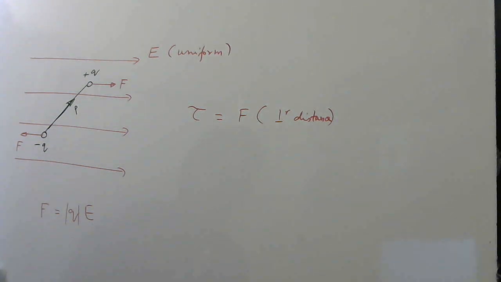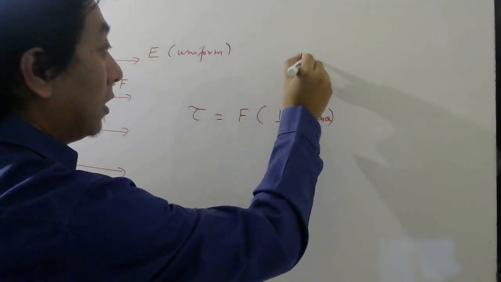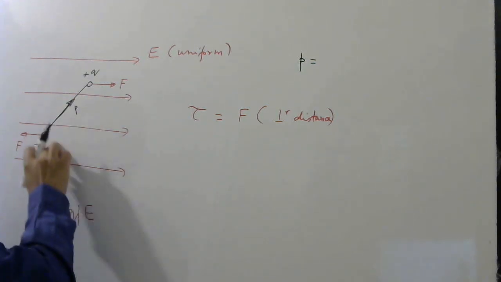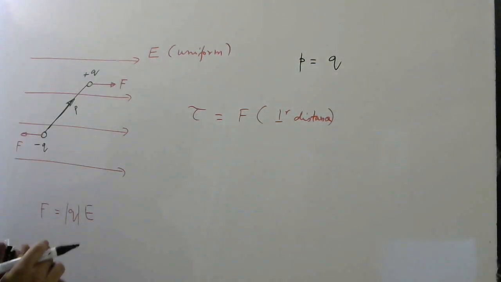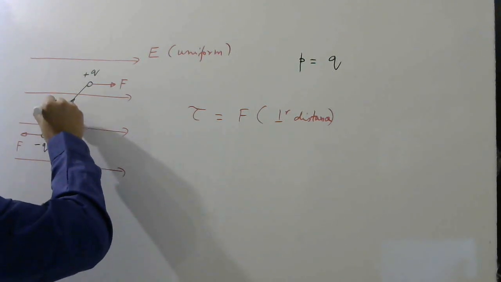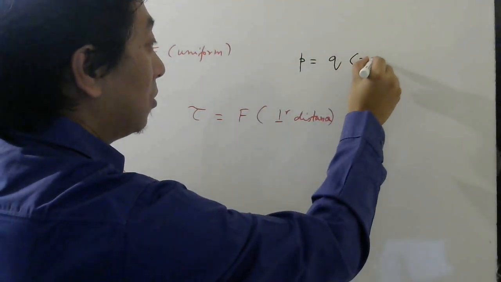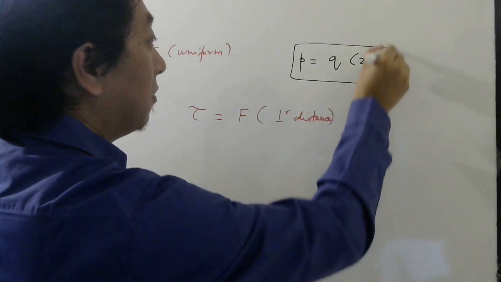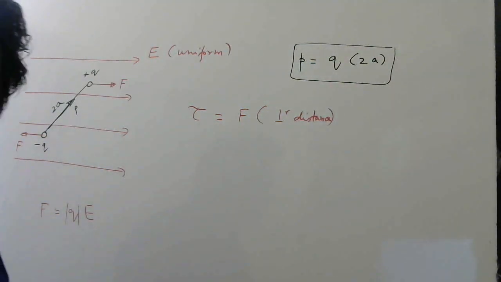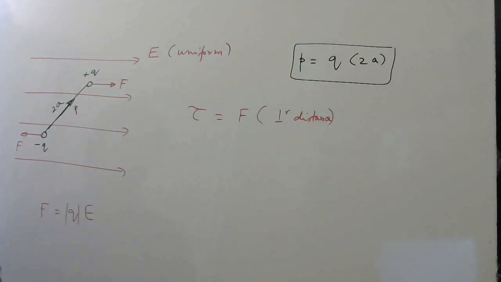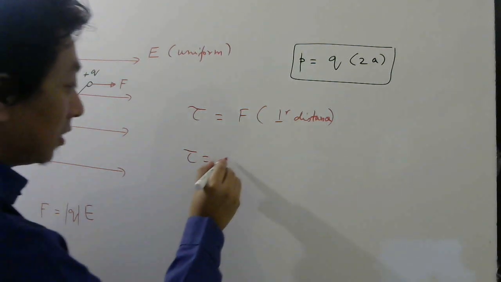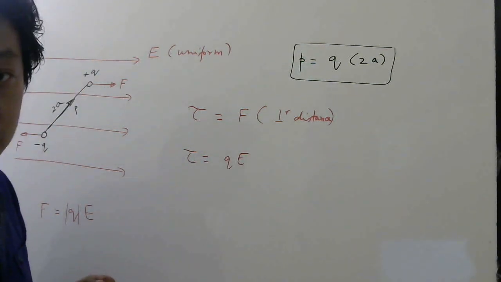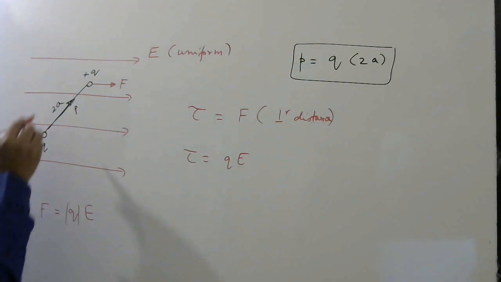Okay. And what is the formula for magnitude of dipole moment? Take one of the charge in magnitude, multiply with the distance between them. Let us say the distance is 2a. Then you multiply by 2a. So this is the definition of dipole moment which we did in the last class. Okay. So now to find the perpendicular distance, force I know now. What is force on any one of the charge? Q into E.